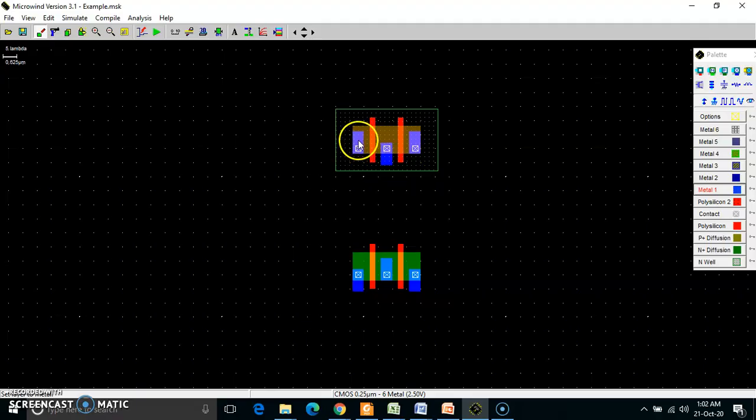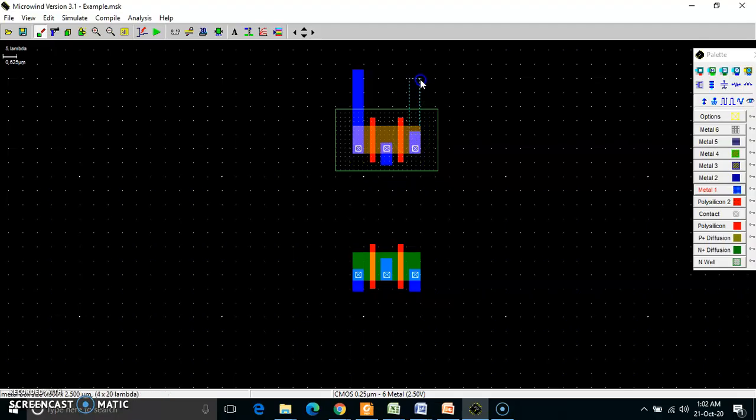So I want to have two sources connected to tie them to VDD, and that's why I am taking metal 1. Why metal 1? Because the PMOS you have taken from the library already has a contact at this particular point, which has been taken as metal 1.